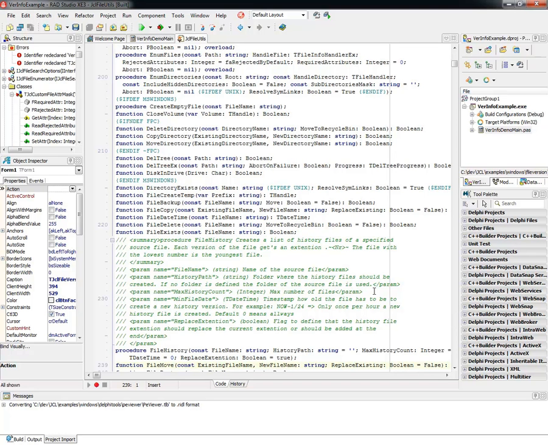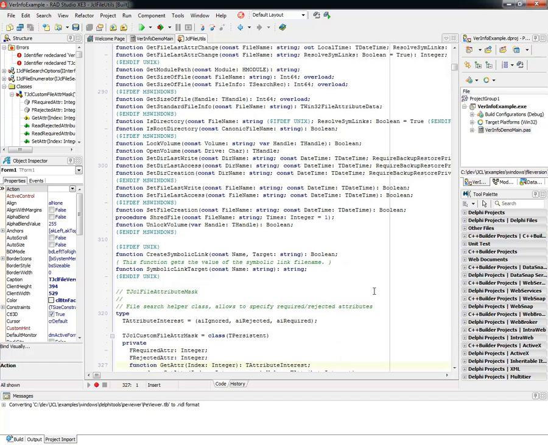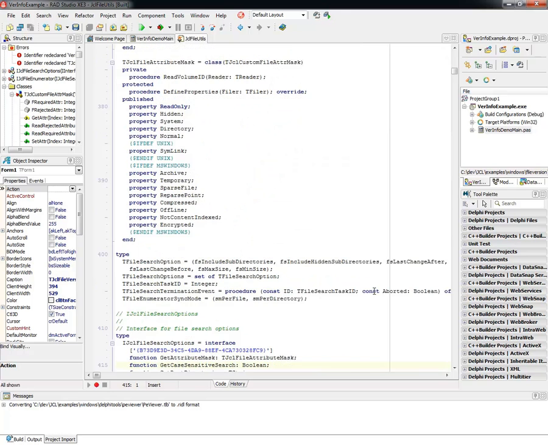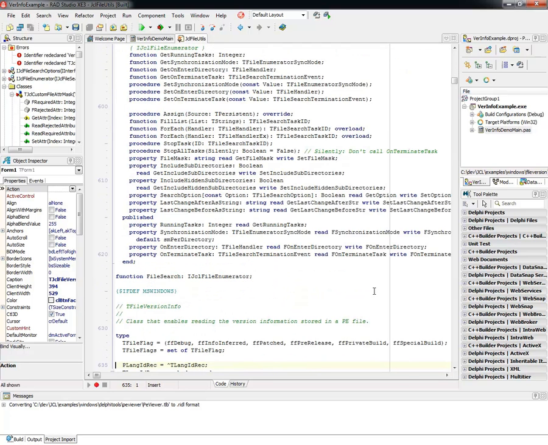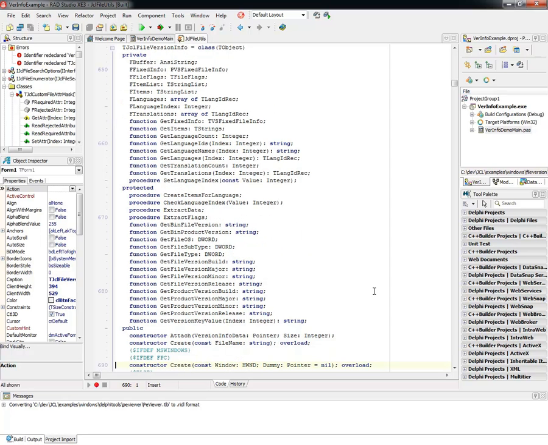What we can also see is things like with that file information, hey, when was it last written? When was it last accessed? What was the date and time it was created? We can get all that information in really quick, easy functions. And I'm going to scroll down to the TJclFileVersionInfo. Here I can create one for a given file, and then I have a whole series of properties that gives me everything I need to know about that,